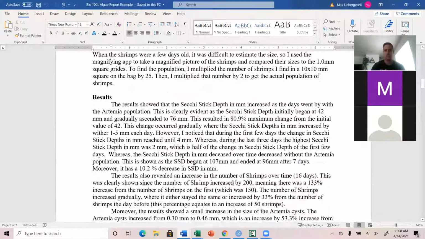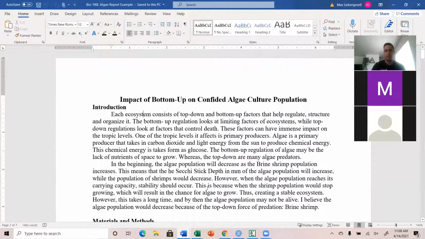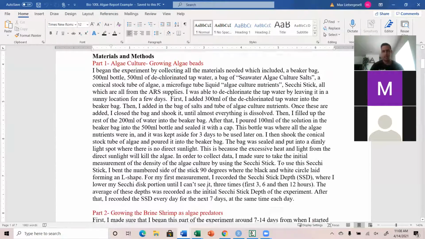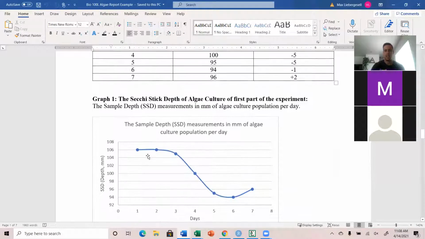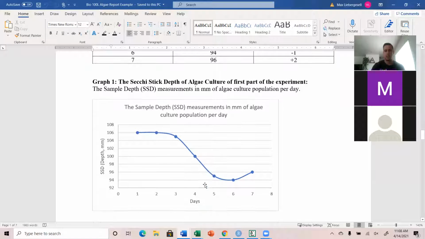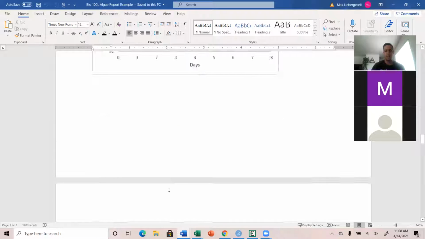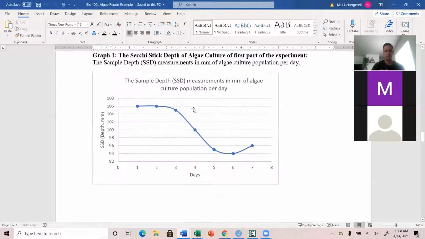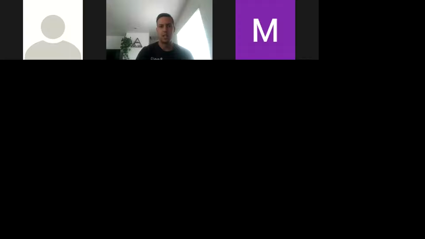All right. So this overall paper is really nicely written, really well done. This is A quality work. So hopefully this little example here will help you guys set up for your future assignments to come. And then, of course, they included these really nice graphs and tables at the bottom. So you see this nice relationship here between the Secchi disk measurements, in millimeters, in the algae culture per day, and as well as the brine shrimp. All right. So really nice inclusion of these graphs here as well for this paper. Any questions on what I just discussed with you guys, and then moving forward with